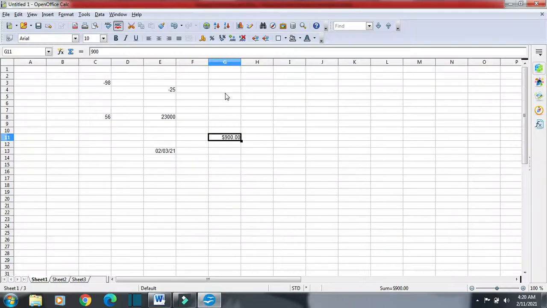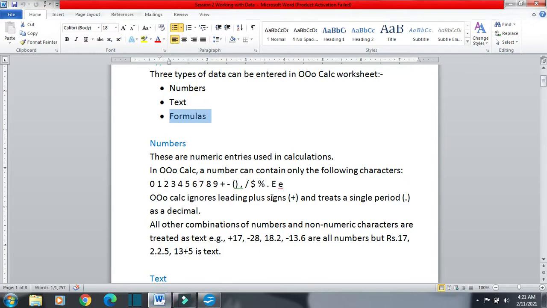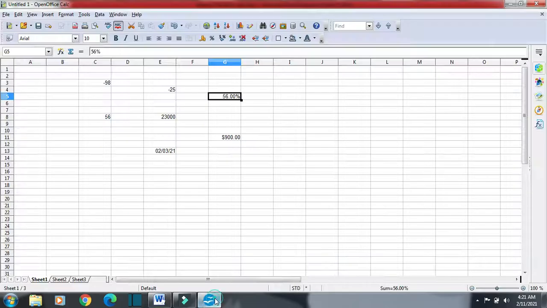Percentage symbol, if we put percentage symbol before the number, then also it will be seen as number. You can see it is still right aligned. If we put single period, then it will be seen as a decimal number, 98 and then single period 36.